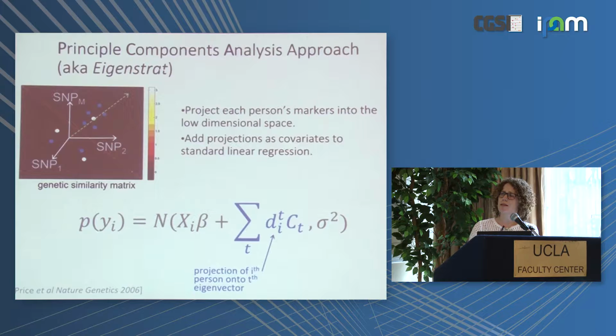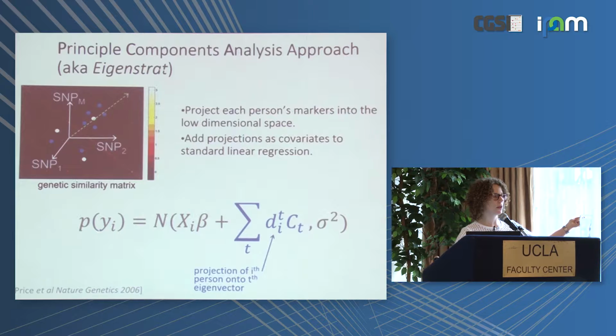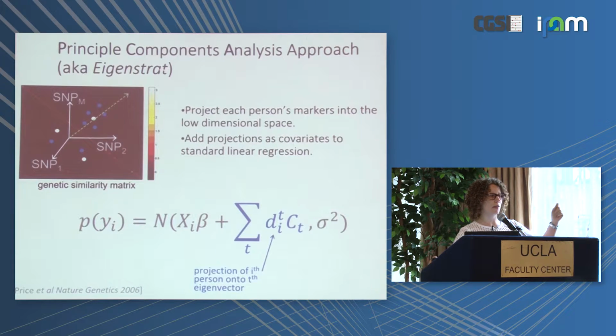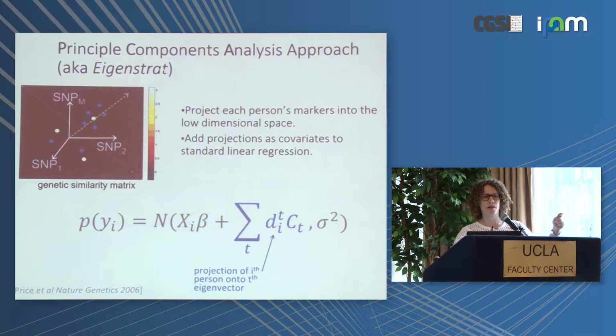And so what it does here is essentially look for the major axes of variation in this very high dimensional SNP space. So if the people in this room were the cohort and each one of you basically has a million-long vector of your million SNPs, and so you all lie in this million-dimensional space, then what PCA does is it first looks for the single direction in that space that accounts for the most variation. And then to get the second PC, it looks for the one that's orthogonal to that and accounts for the second